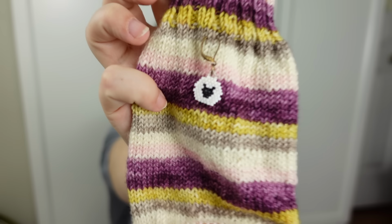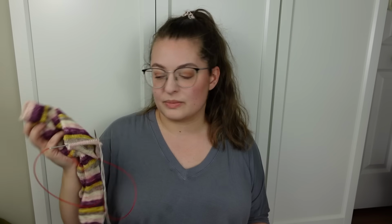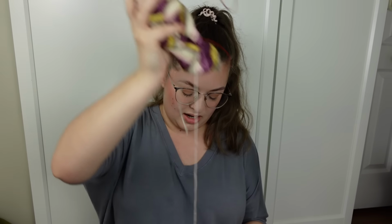This is from Corner of Craft. She hand beads them. Very cute. I'm going to rip it out. It's just, again, socks aren't fun for me anymore, so